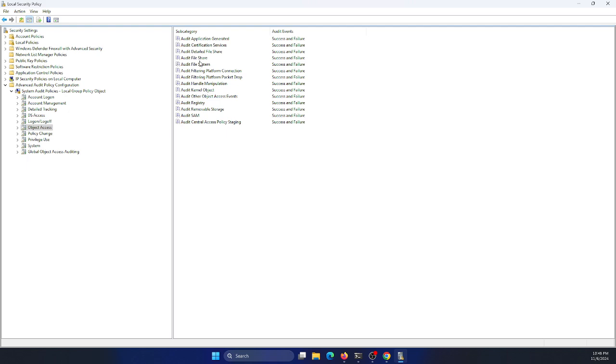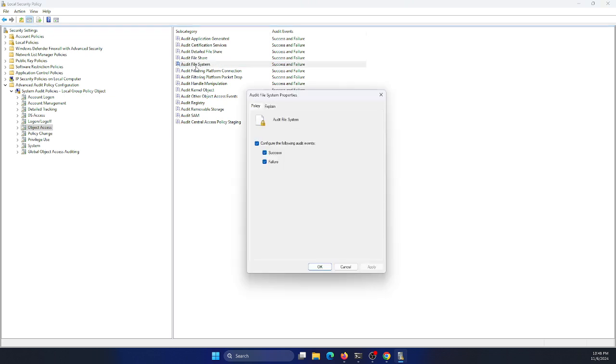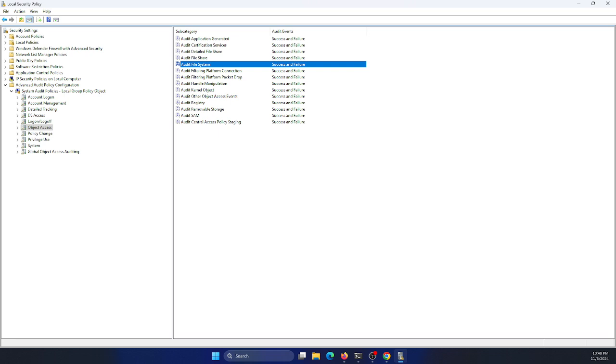If you have file sharing on your system and you want to audit it, you can do that. And then audit file system, we'll do that also. Okay, so now let's move along. Another thing we are going to do after we enable these auditing subcategories,